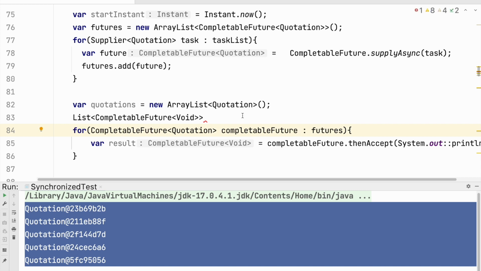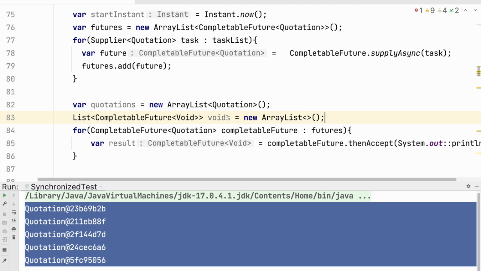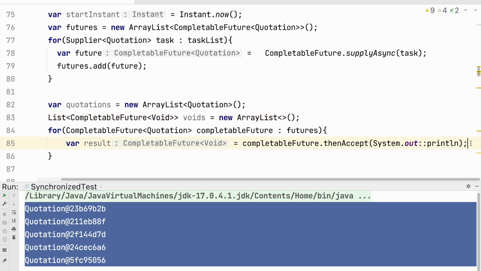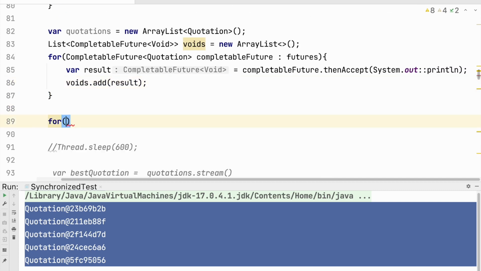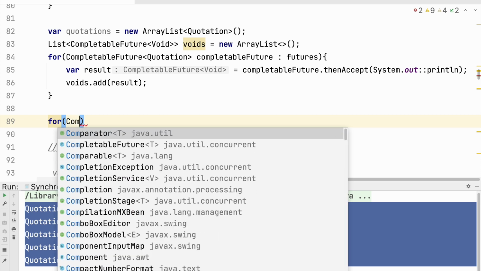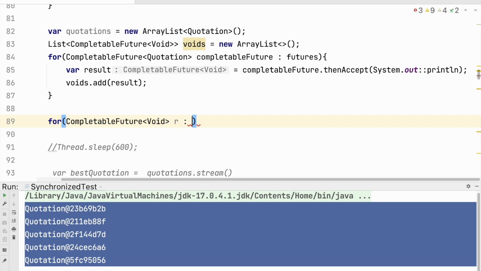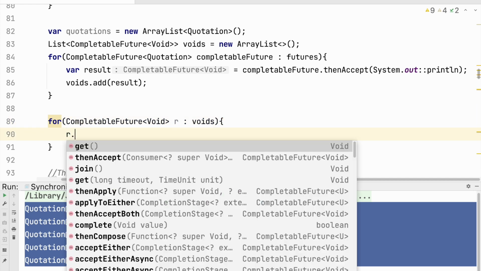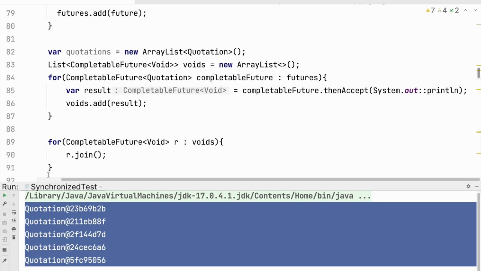Let's name this voids, and why not a new ArrayList. And I could just add all my results, which are of type CompletableFuture of Void, to this, and then I could just run my for loop, iterate over this list, and r.join, and we could get rid of this sleep method. Now if we run,